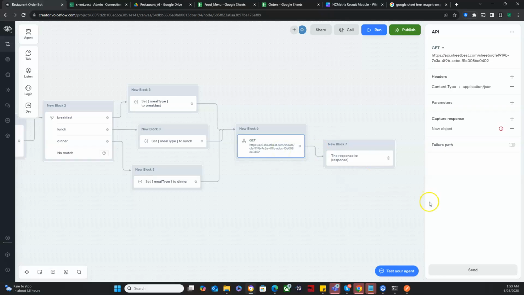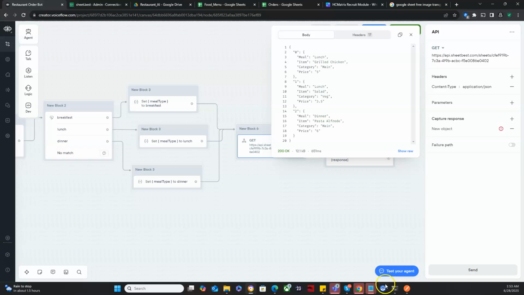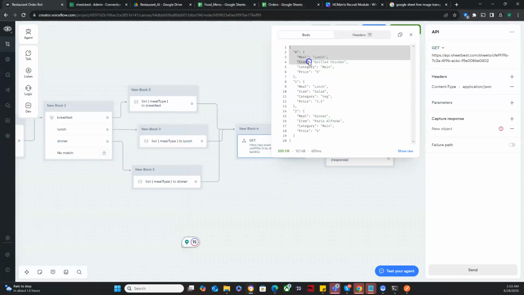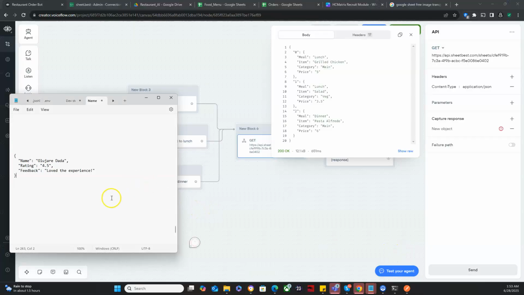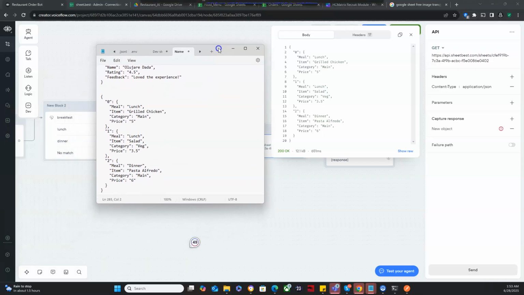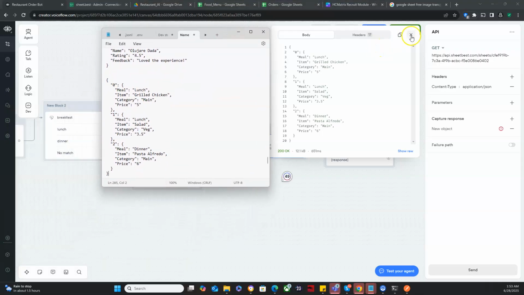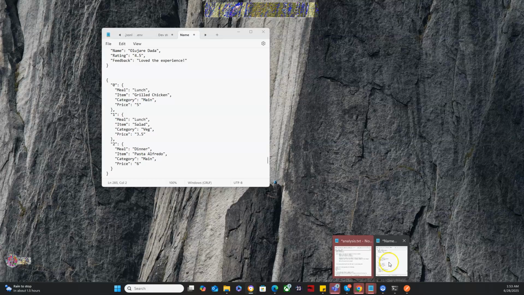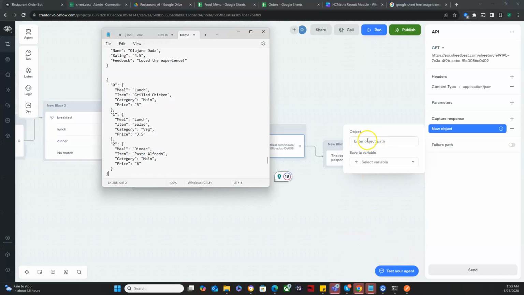Let me use this get request again, and then I'll use this to explain something to us. So let me copy all this, Control C, then come here and paste this here. Now, if you look here, it's asking us for an object path, and then set that path to a particular variable. What they mean by path in this case is that